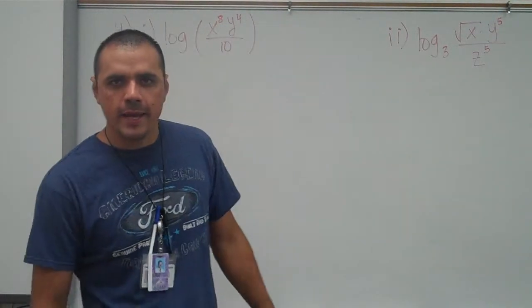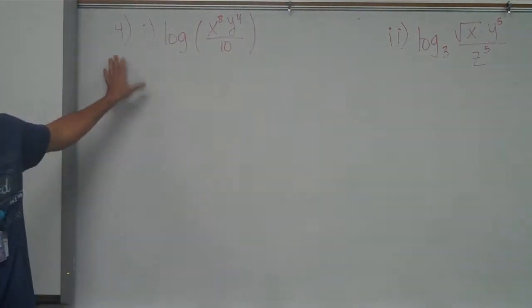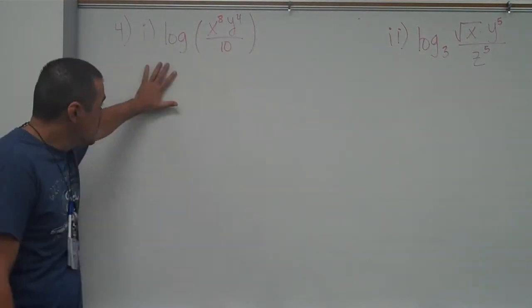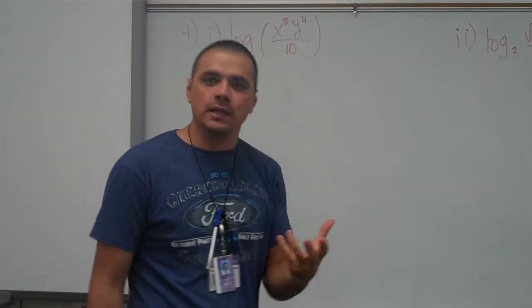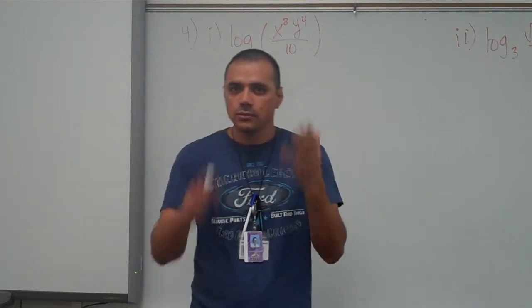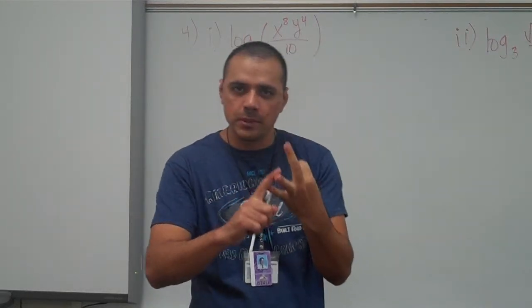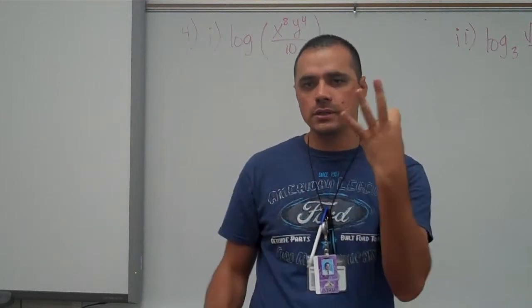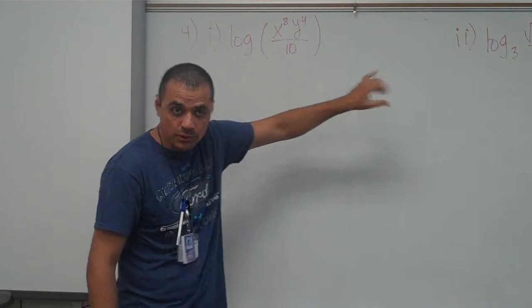We're going to go ahead and work on problem number 4 now from your test corrections. Now, this problem right here is asking you to expand. If you're expanding, then what we're doing is we're going to take our properties of logarithms. Remember, there were 3: the product property, the quotient property, and the power property. We're going to take those 3 properties and apply them to each of those problems right here